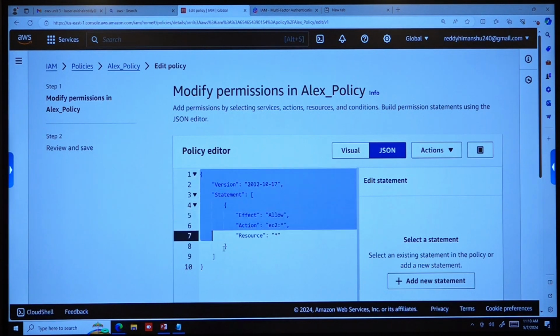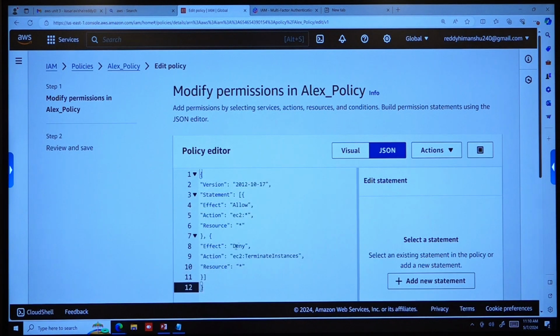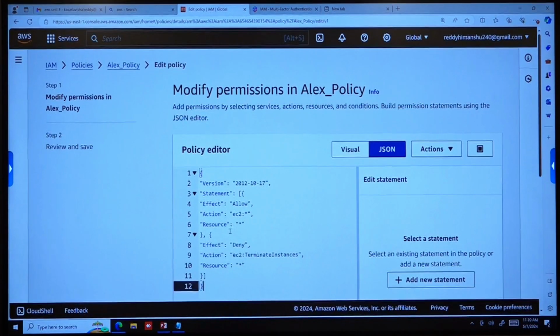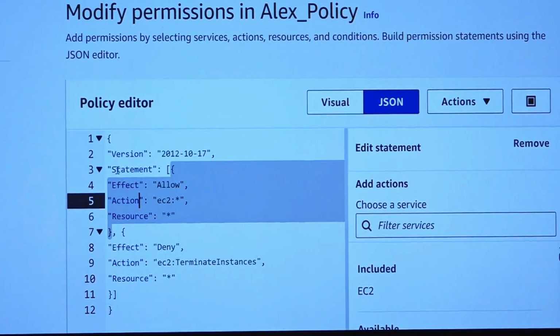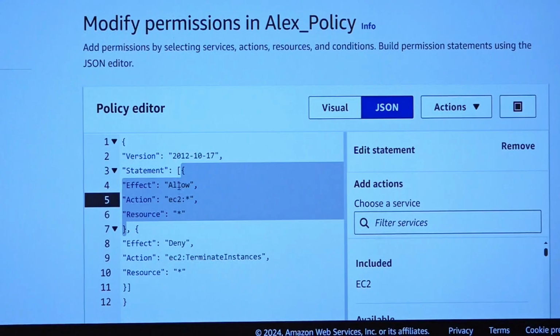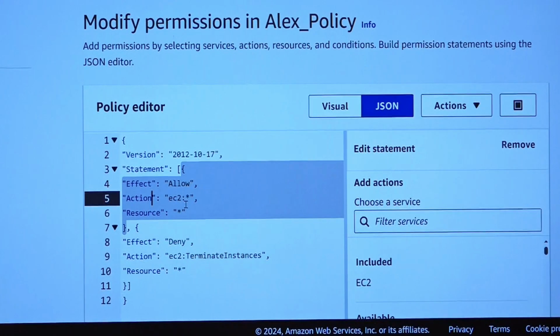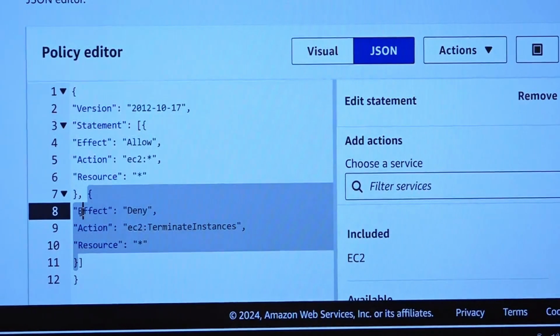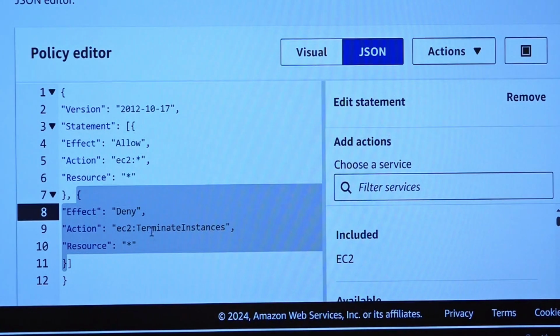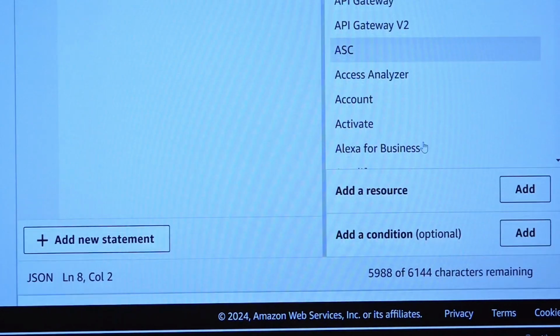Every time just keep in mind that whenever deny comes into picture, then deny will override all allowing permissions. In the first statement, what I am saying is, Alex is allowed to do everything on an EC2. He can create, he can stop, he can restart, he can reboot, he can terminate. But in the second statement, I am denying Alex from terminating an instance. I will click on next